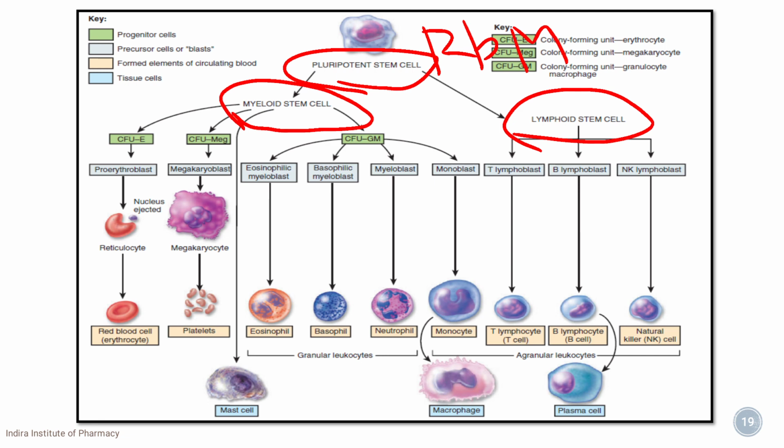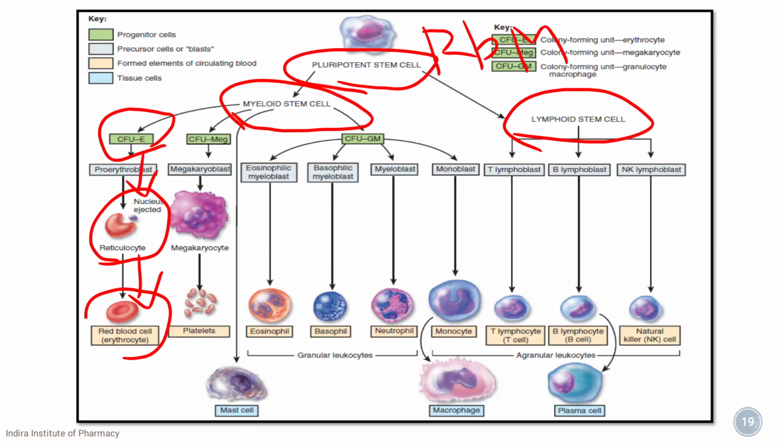Next, this myeloid stem cell will further undergo division, that is the colony forming unit of erythrocytes. They will undergo division to form proerythrocyte. Proerythrocyte will undergo further divisions to form reticulocyte, which are called immature erythrocytes or red blood cells, and then they form